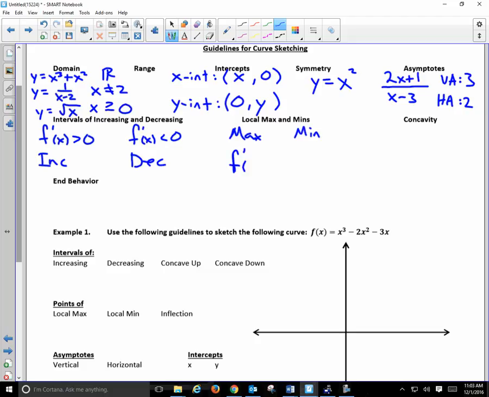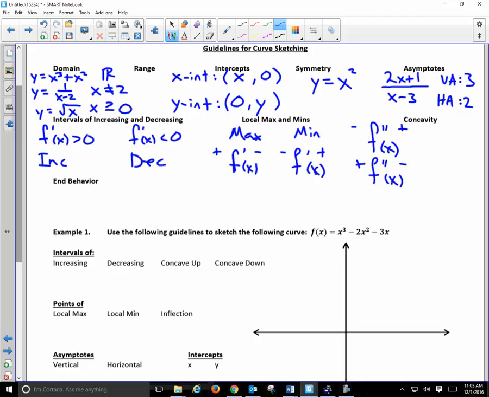Where f prime of x changes from positive to negative, that's a max, and a min where it changes from negative to positive. Now, for concavity, do I use the first derivative or the second derivative? I use the second derivative. The second derivative test tells me concavity. Wherever the second derivative changes from negative to positive, or from positive to negative, would